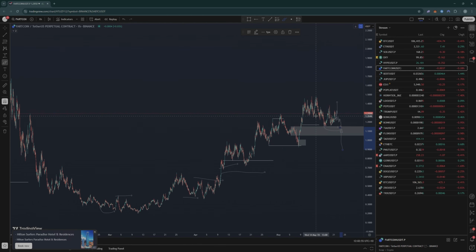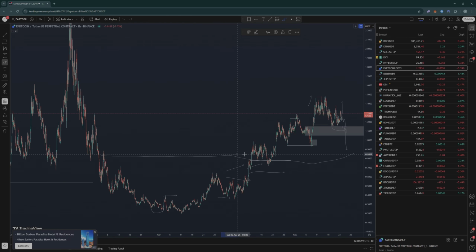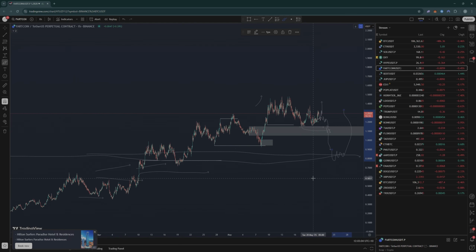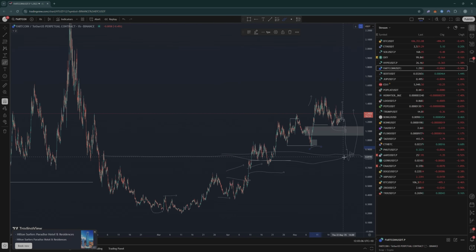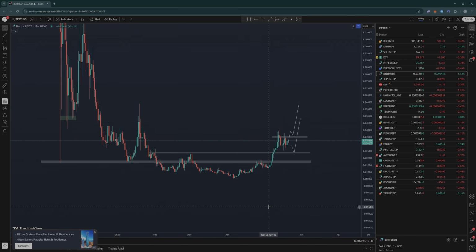And I wouldn't be surprised if a lot of this grind up gets wiped out and we revisit the 8, 9 kind of area. Something like that, maybe running out this low, accumulate below it, and then continue up. So those are two scenarios for Farcoin. Either this lower time frame level holds, or we start to break down, get some distribution, and then these levels start to fail, and we get a liquidity grab below there. So that's Farcoin.